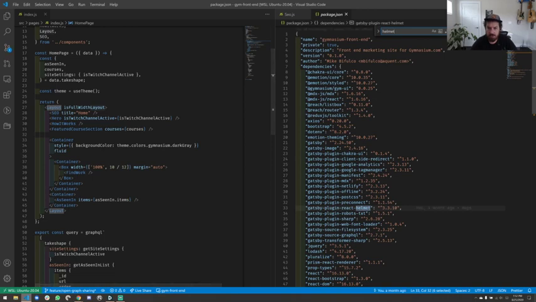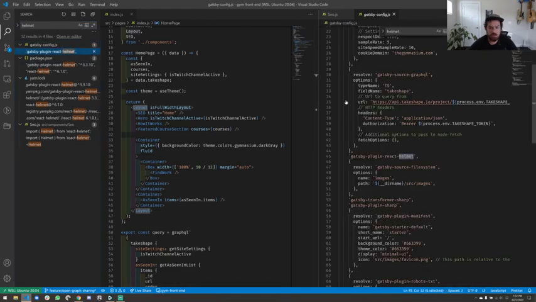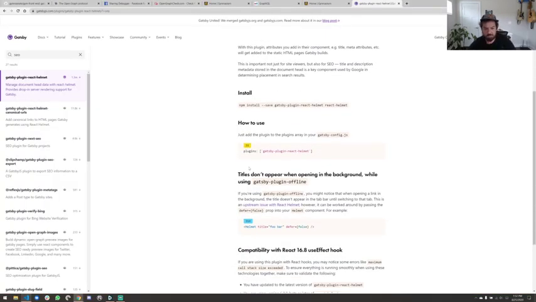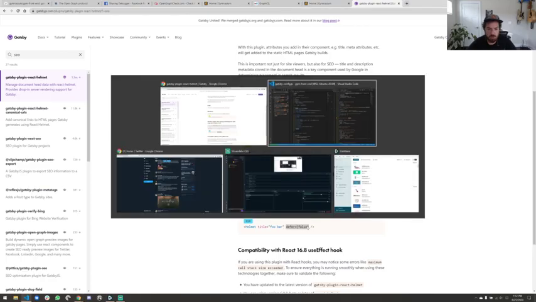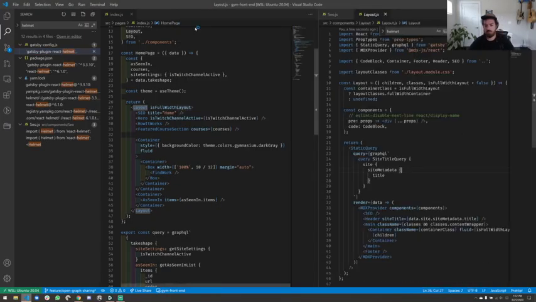Okay, it is there, and it's referenced in the config, which is good. And we're going to put this defer equals false into the layout one, which should help with offline.